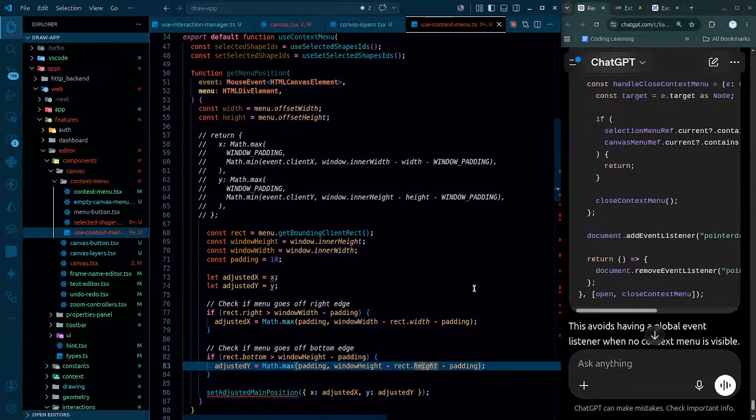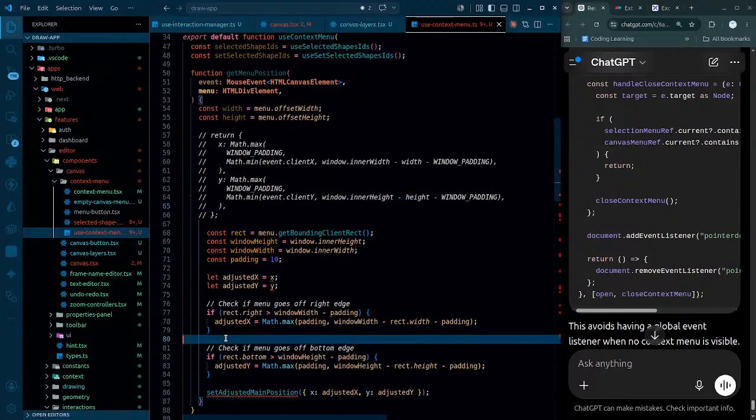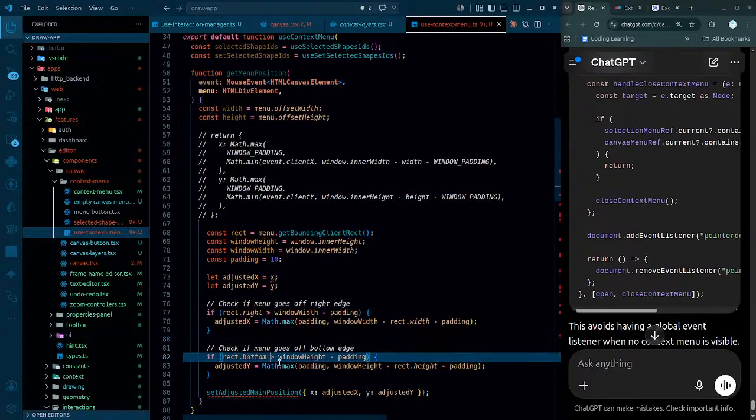And then the padding that I subtracted earlier, that is also okay. The only difference is that we are actually getting the minimum value initially, but before even that there is a check that we have here. So this part is going to run when rect dot bottom is greater than window